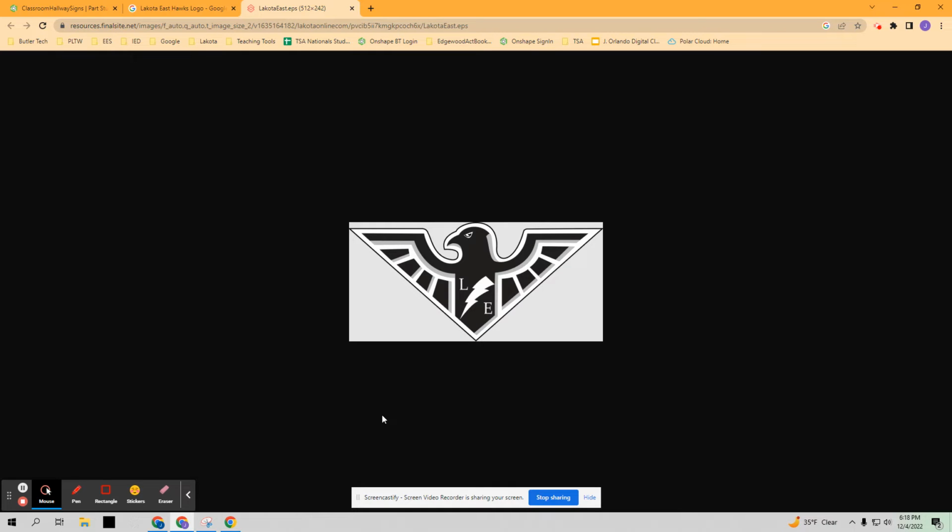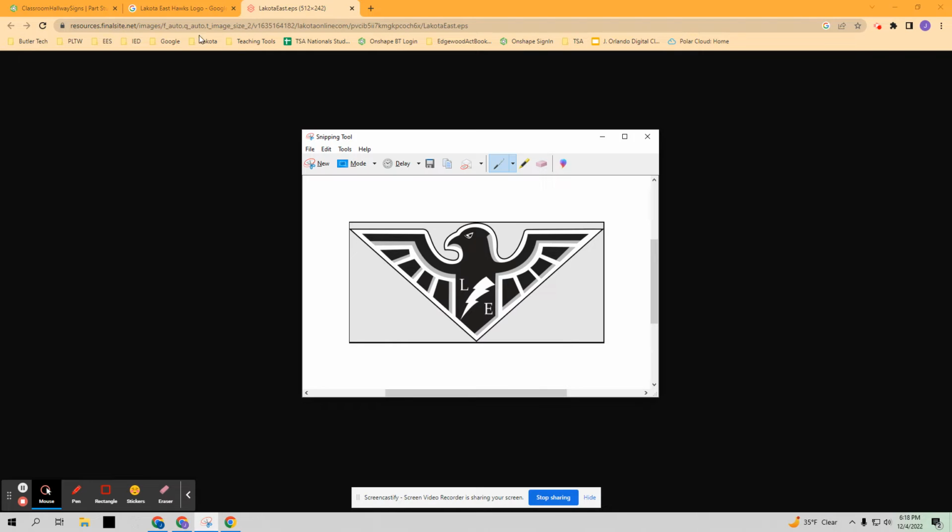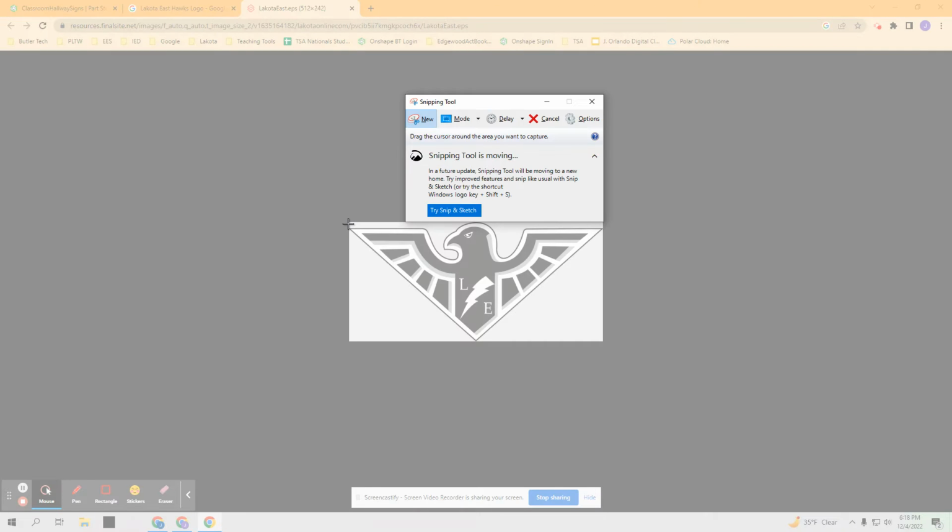And then I'm going to use my screenshotting tool. On my Windows machine, it's the Snip tool, but on a Chromebook, it may be Control Shift and the Windows tile button above the 6, or could be your stylus tools. If you have a stylus, you get a screen capture tool. All right, so you're going to take a screenshot,